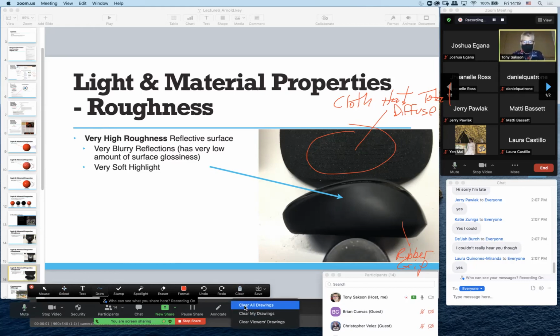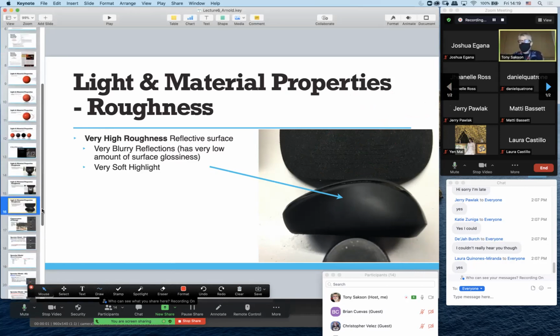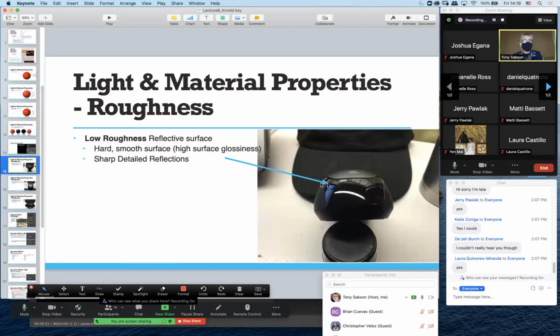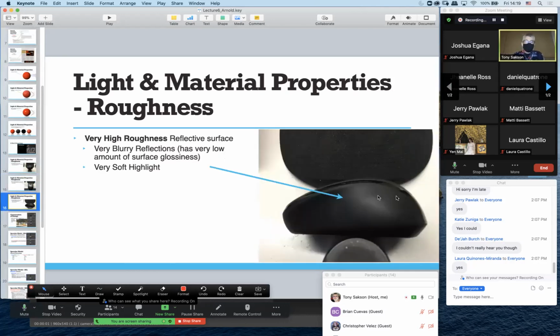All right, so basically, if you can understand these three different kinds of property, you can describe a lot of different materials in our everyday world. Something that's very smooth, something that's not as smooth, but not super rough. So it's a diffuse material like a hat. A rubberized surface, which is rougher still, but still not to the point of being diffuse like the hat. Those levels of roughness really define the kinds of materials we see every day